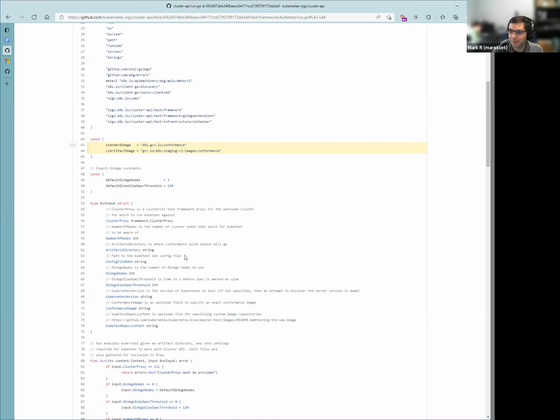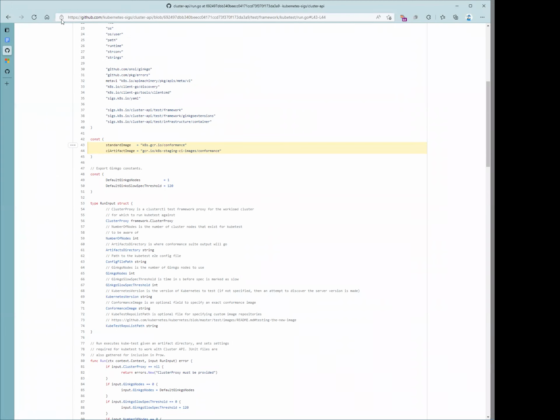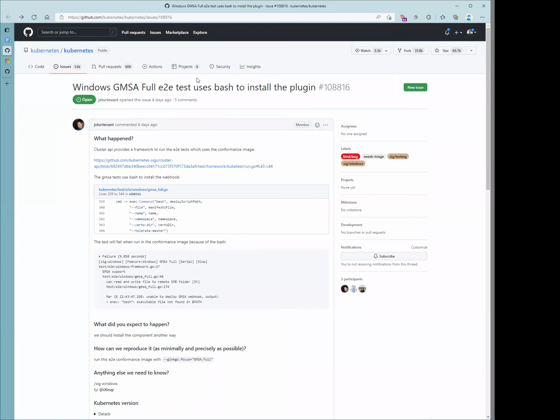I don't think I have enough context to comment or be useful at this point. I know Claudio has done a lot of work with SIG Testing, to see if there's a reason we shouldn't be using bash in those tests, or if they have recommendations for how to do that. It should be fine as long as you're using the base BusyBox or agnhost images, because those are